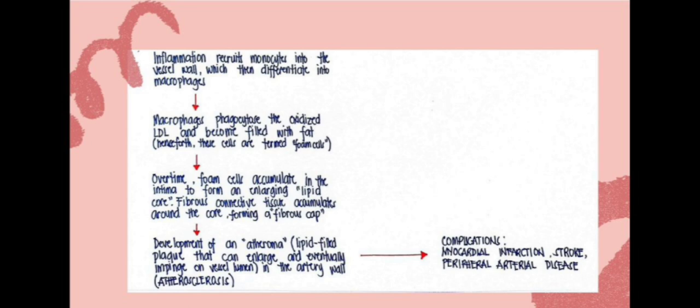With continued accumulation of foam cells, fatty streaks evolve into larger, more complex structures known as plaques. These plaques consist of a lipid core and are covered by a fibrous cap made of smooth muscle cells and collagen. This plaque causes the arterial walls to thicken and narrow, reducing blood flow. This stage is often asymptomatic, but it can lead to angina, or chest pain, or claudication, pain in the legs due to reduced blood flow.